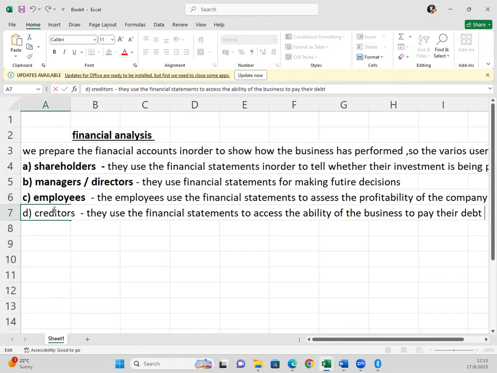So they want to see, are we able to pay? So if we can provide my financial statements, they can be able to assess our ability to pay the debt,